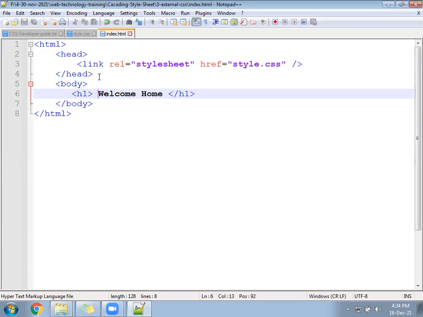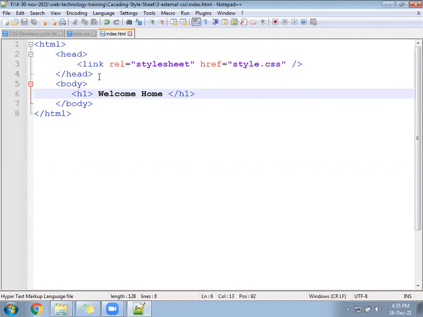Okay, clear. Link is a tag. With the help of that, we can connect HTML to CSS. Link is the tag name.